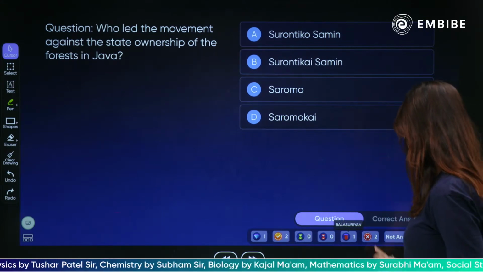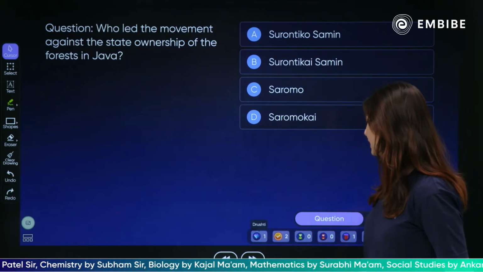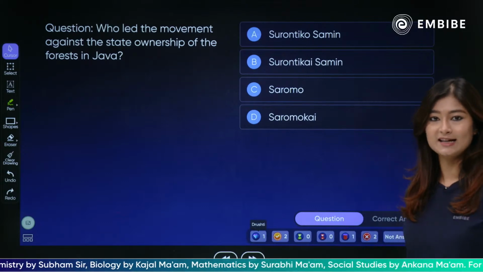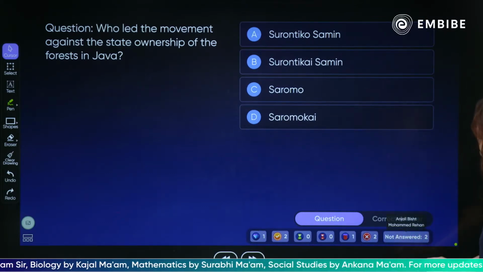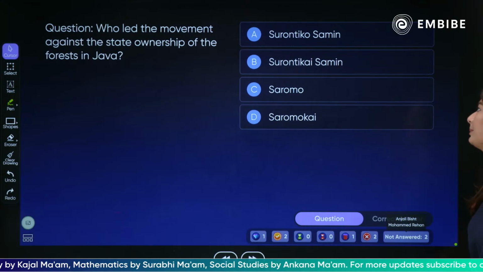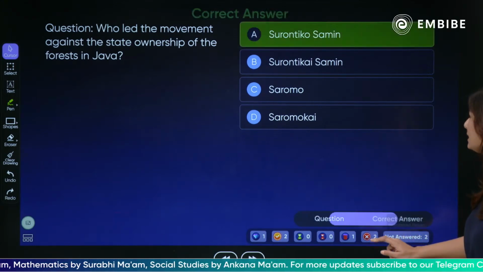बालासूर्यान ने भी अटेम्प्ट लिया है, अगस्त्य और अरुण ने भी अटेम्प्ट लिया है, और दुश्री ने बिल्कुल सही समय पे जवाब दे दिया है। वंडरफुल। अंजलि, मोहम्मद रेहान, बच्चे आप भी अटेम्प्ट ले लो।